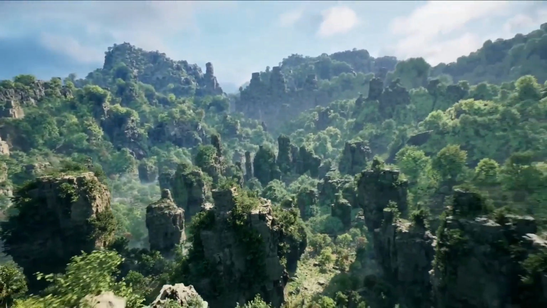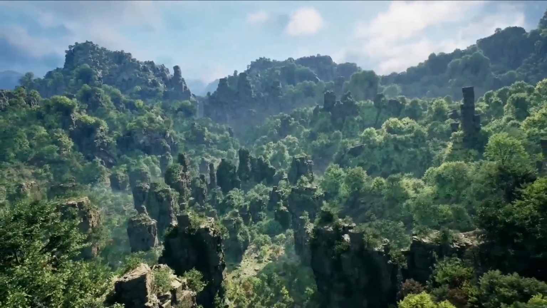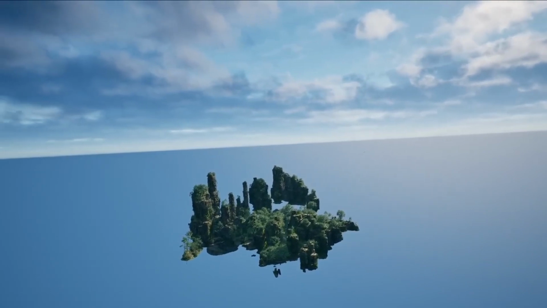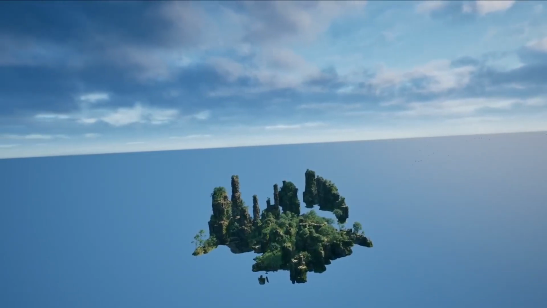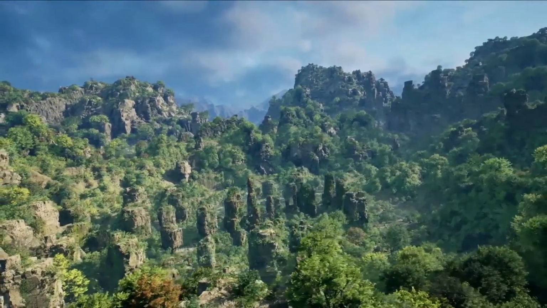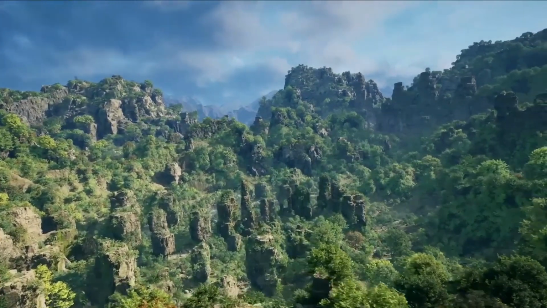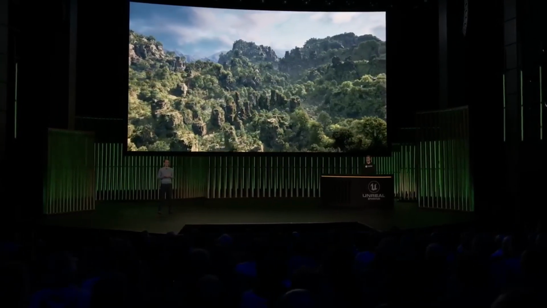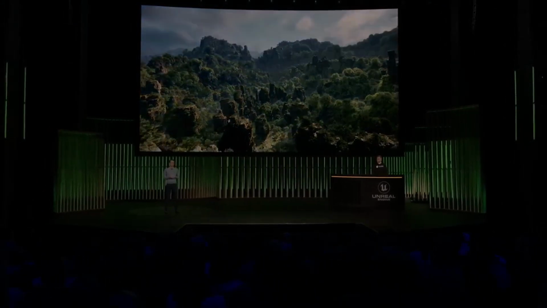And everything that you've seen here works at scale. This environment is 4 kilometers by 4 kilometers. If we hide all of the procedural elements, we can see that original hand-built area about 200 meters by 200 meters. We believe that there will always be the need for hand-building environments, so we design these procedural systems to be tools for artists that work in concert with hand-built content. Both Substrate and the new procedural tools will be available in experimental form in 5.2. And everything you've seen here is running in the Unreal Editor in real time on a developer machine with an Intel 13900K CPU and NVIDIA RTX 4090 GPU. So Jacob, thanks for being